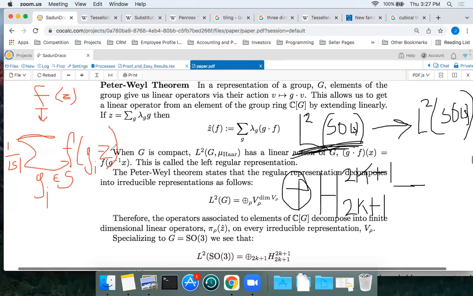So you start with an operator that looks like this, some sort of averaging operator. And then studying this operator is the same as studying this infinite family of finite dimensional matrices. And now P is just a certain homogeneous polynomial. And then it maps to, and then you just take